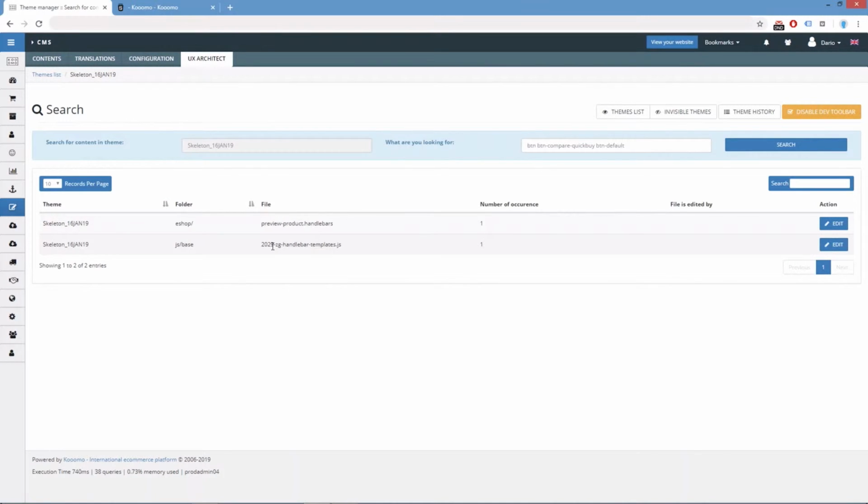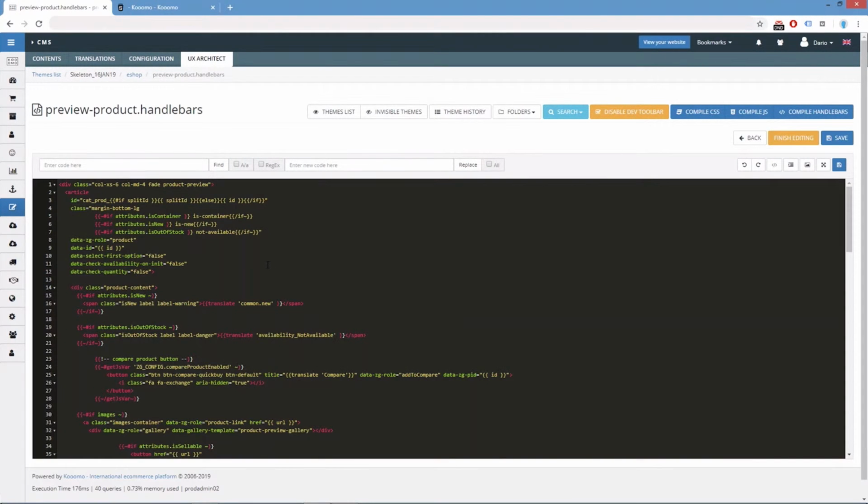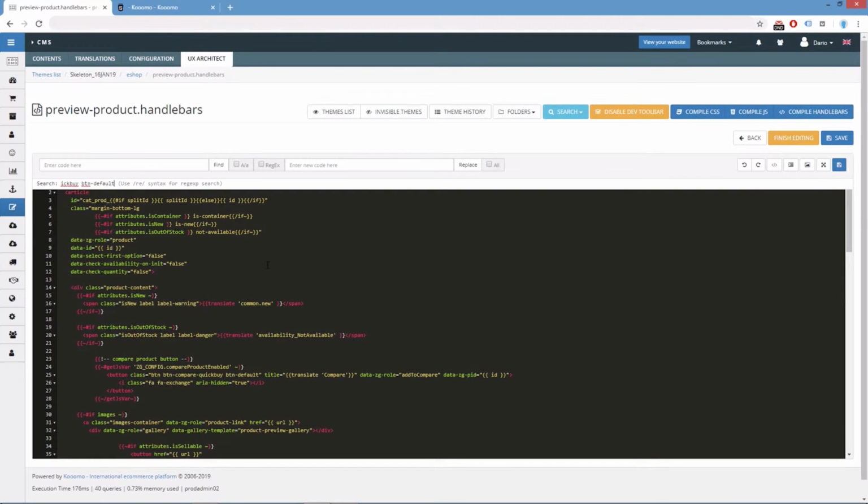And here we get the result list where we can see the handlebars template and the JavaScript file that has all the handlebars templates precompiled. But in our case, the one we want to edit is the handlebars. We edit the file, and if we search for this same snippet,